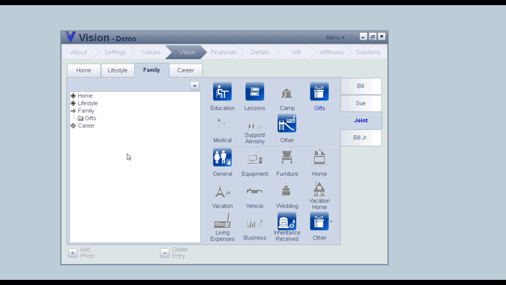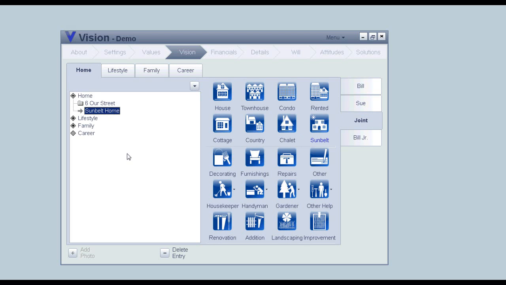So I want to go back to home for a moment. I created a Sunbelt home. Yes, Phil. How do we draw the differentiation between the wants and needs of today versus maybe something on a bucket list that might happen 20 years later? Well, we're going to put everything in, but when it comes to how much and when, which is what I was about to get to,